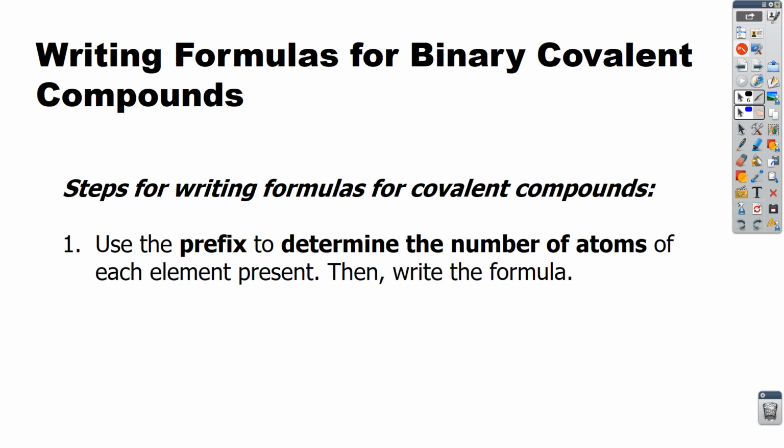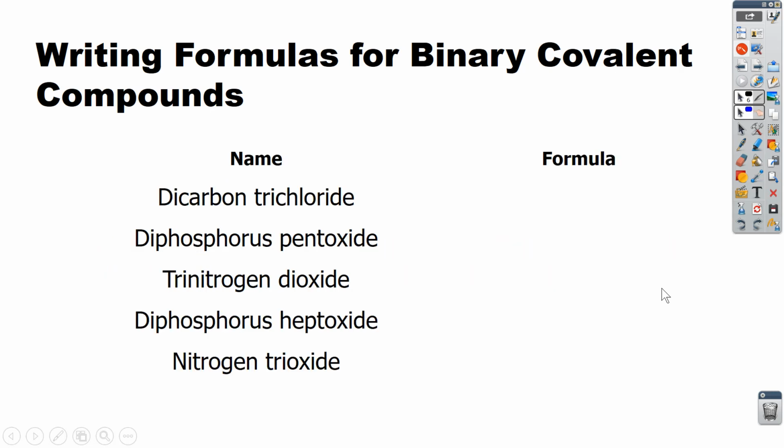Steps for writing formulas for covalent compounds. We are first going to use the prefix to determine the number of atoms of each element present. Then we're going to write the formula. Dicarbon trichloride. That tells me that I have 2 carbons for every 3 chlorides or chlorines, C2Cl3. Diphosphorus pentoxide. I have 2 phosphorus atoms for every 5 oxides or 5 oxygen atoms,